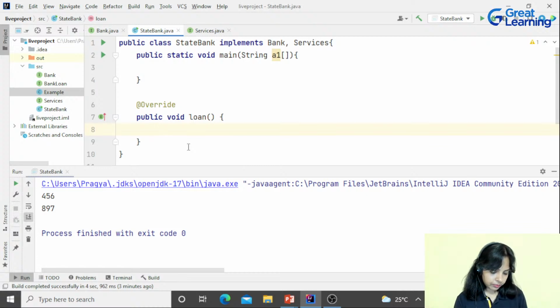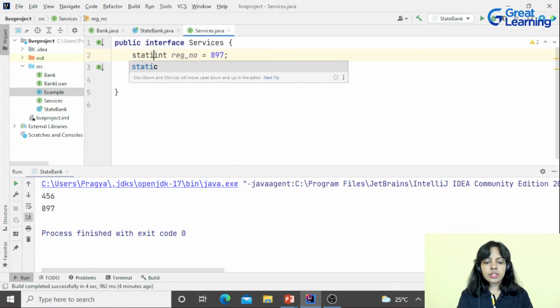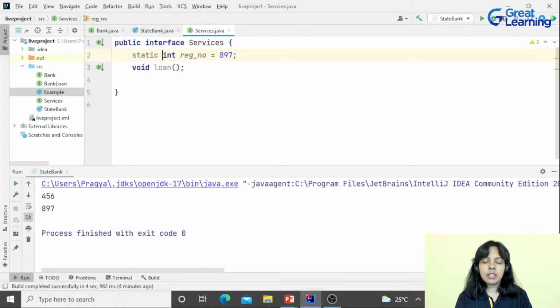Okay, now Preet has a question. Why do we have to instantiate class objects and sometimes we don't? Like here we have used registration number without a class object, but just class.variable. So Preet, to answer your question, this registration number is by default static, by the JVM. Any variable declared inside an interface is by default static.